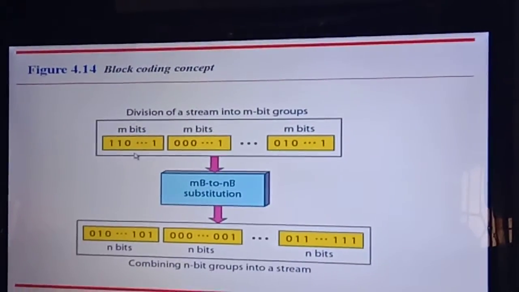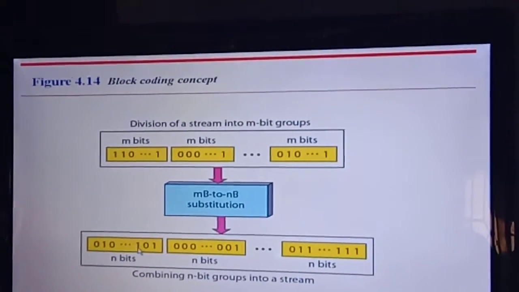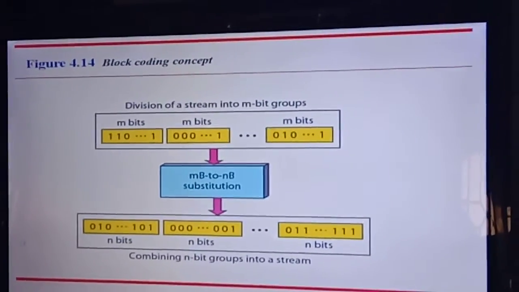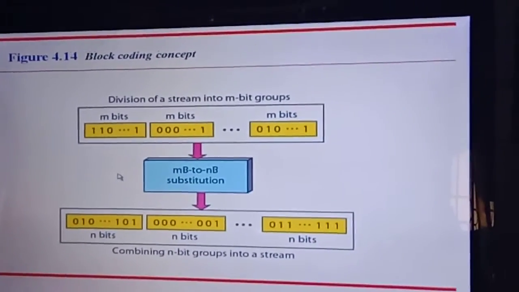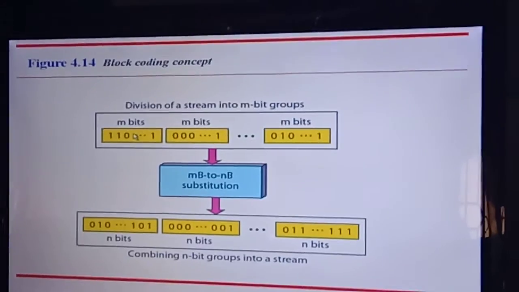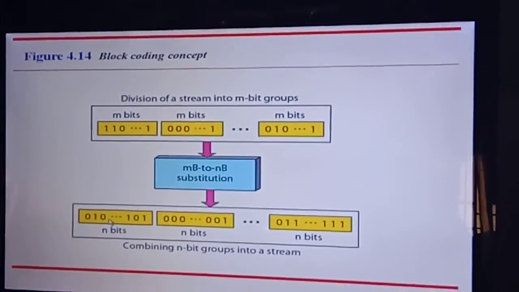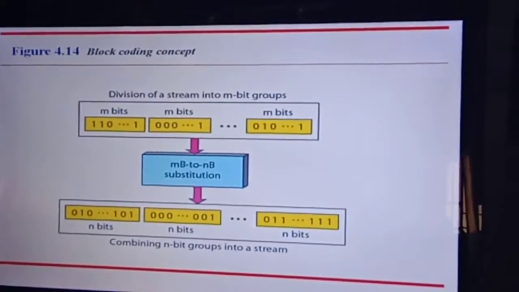Here the number of data bits is m, and the redundant bits are added. But the addition of these redundant bits depends on the user or the system, that is, which method we have to use. Either we invert these bits and add extra bits, or we keep those bits as they are and append the extra bits.